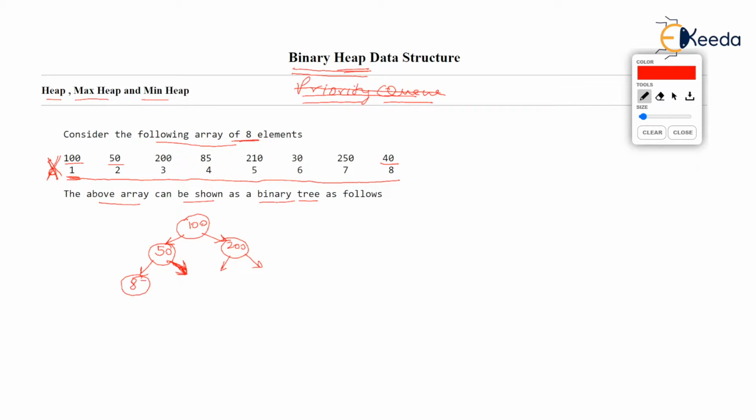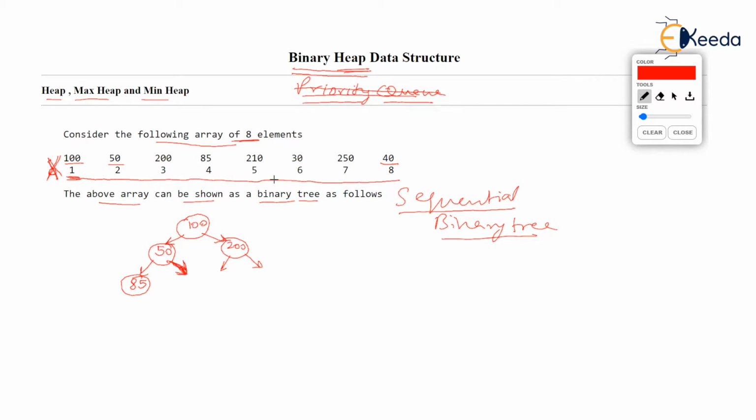In the class everybody shouts, sir, how are you adding 85 to the left of 50? Now the kind of tree that we are building here is not a binary search tree where we will be using less than greater than rules. But the kind of tree that we are creating is called a sequential binary tree. It is still a binary tree with every node having 2 pointers, left and right. But it's not a binary search tree. It is a sequential binary tree, meaning that values in this binary tree are added in sequence from left to right.